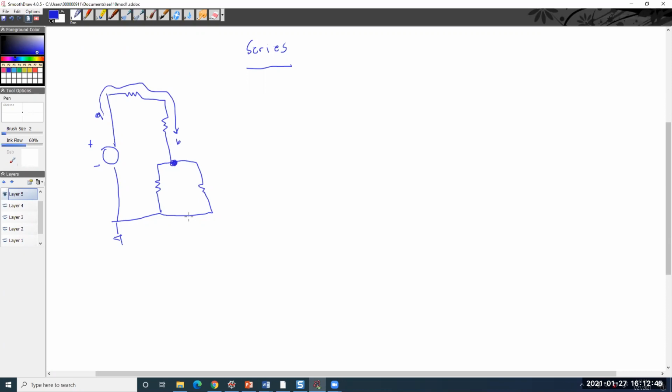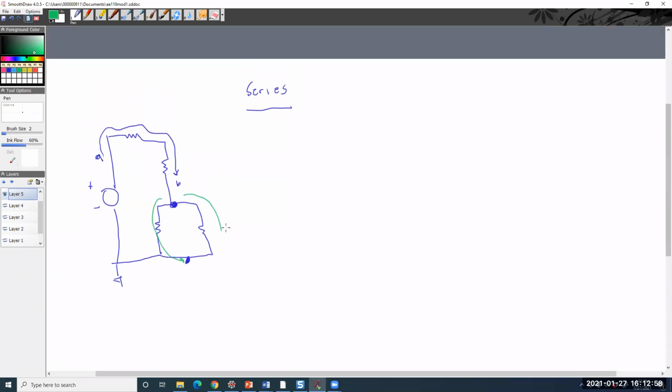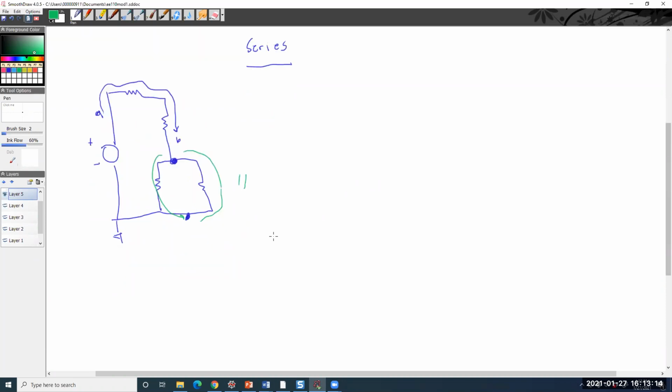But if I can start on one place, right, and take, oops, you know, I can go this way if I'm current, or I can go that way, but I have more than one path to the same point, right? That's parallel, okay? And even though we will go over, and we do use nodal analysis, mesh analysis, things like that, quite often,